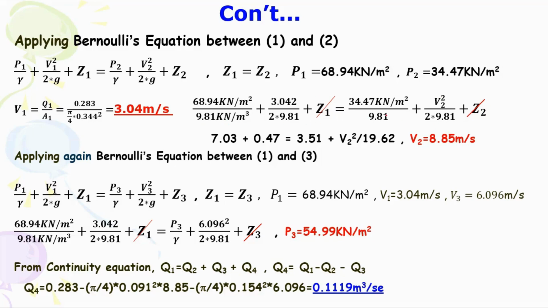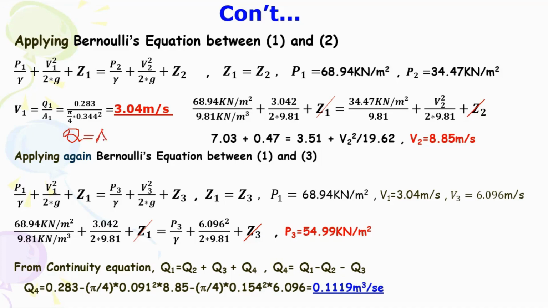Then if you substitute, just cancel this, then you can find here V2. V2 will be 8.85 meter per second. So this is the velocity in section 2. So from this, apply continuity equation, which means total discharge equal to